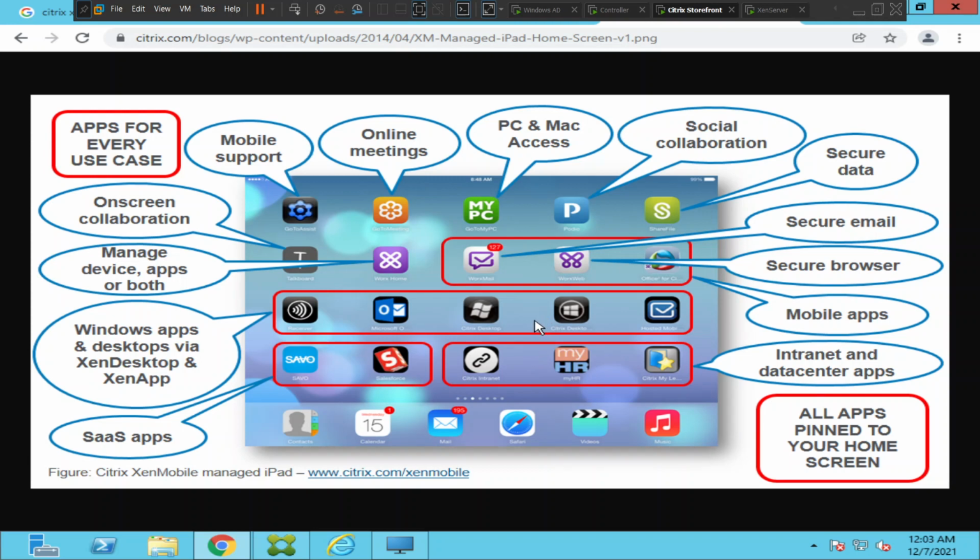Okay, so at any point in time, let's say the user is using one iPhone, and if the iOS version is not up to date, or if the iOS version is out of date, then we can set some policies on the back end saying that if the endpoint device is not running on the latest version, the enrollment should not happen.